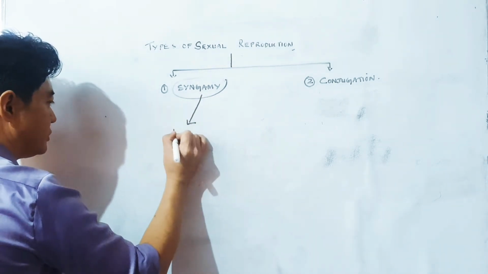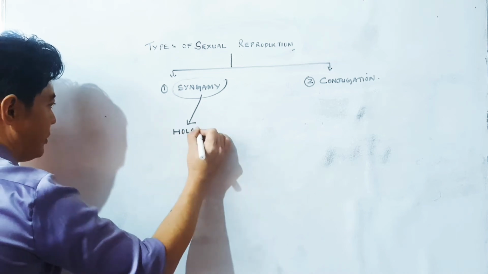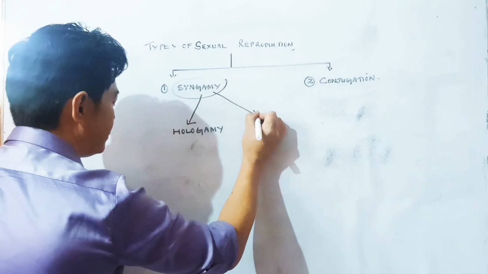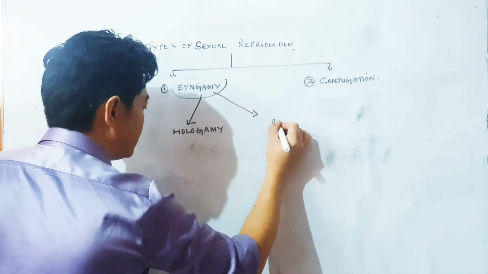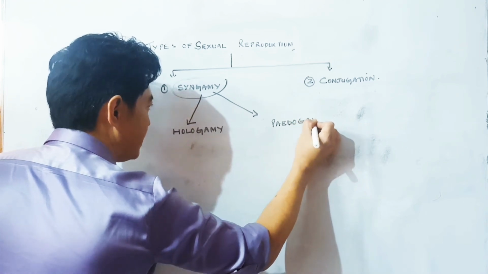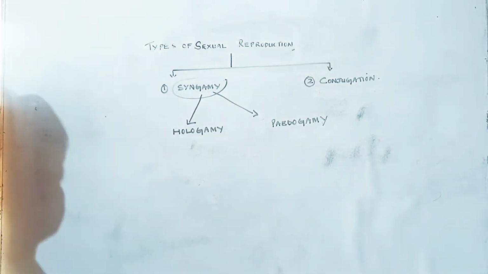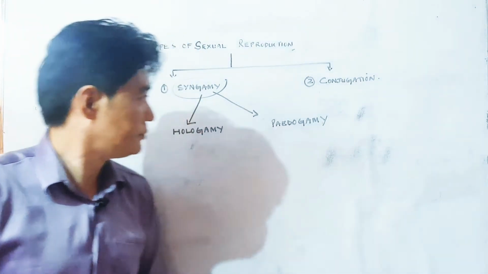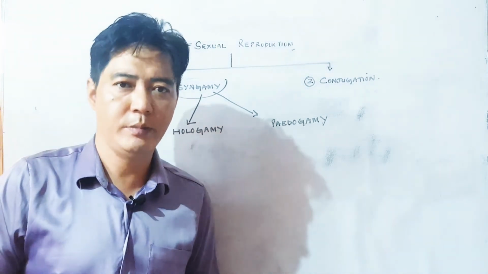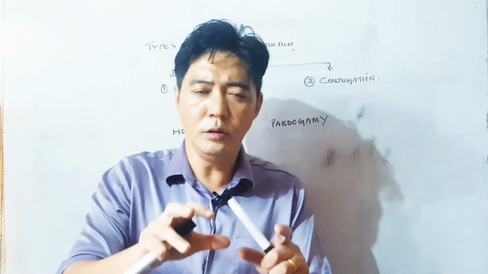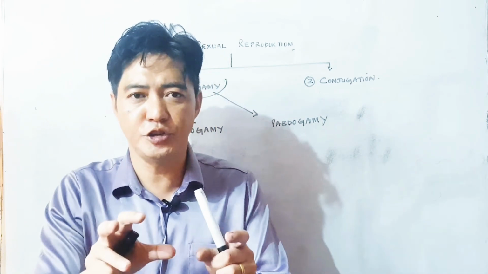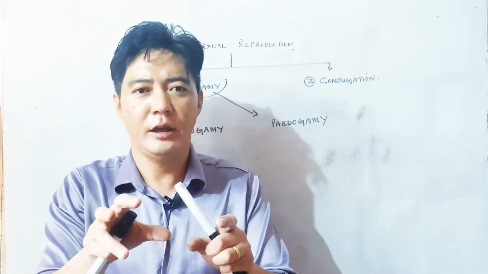Number one, hologamy, and number two, pedogamy, baby or child. In case of hologamy, the whole matured body, the whole individual, you can say matured individual,